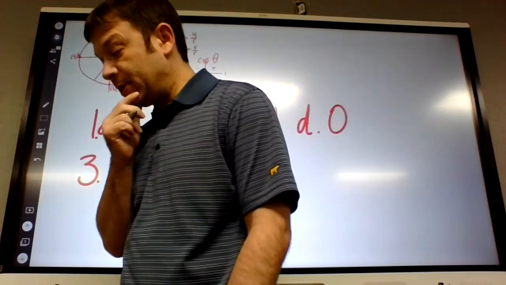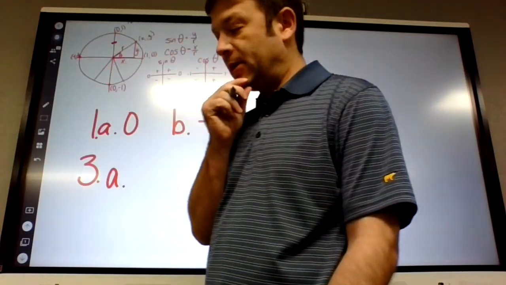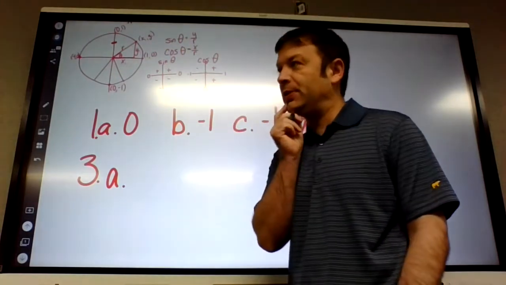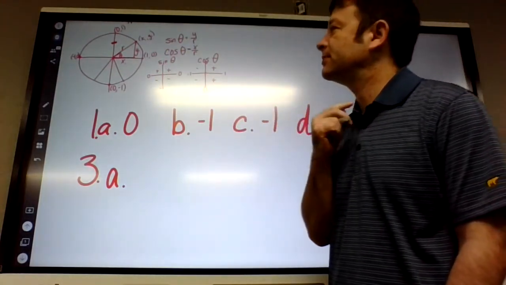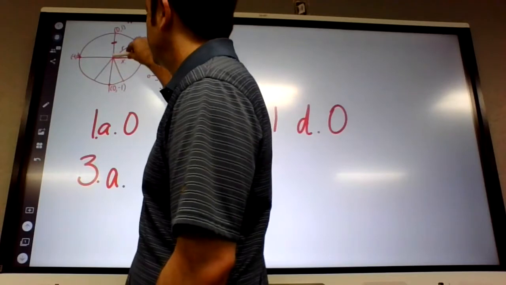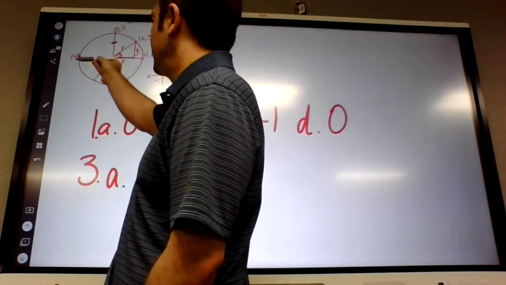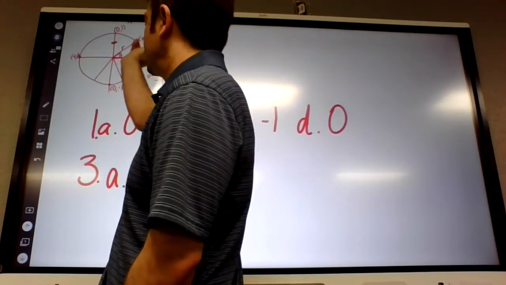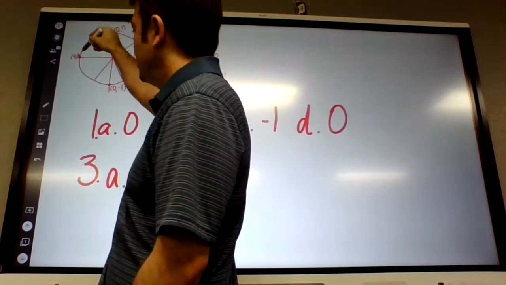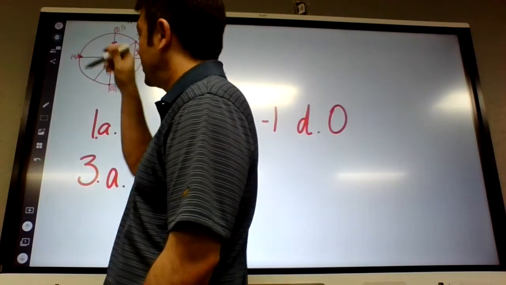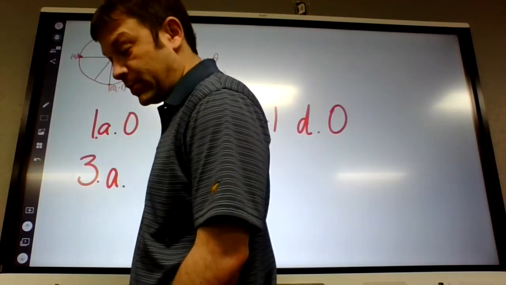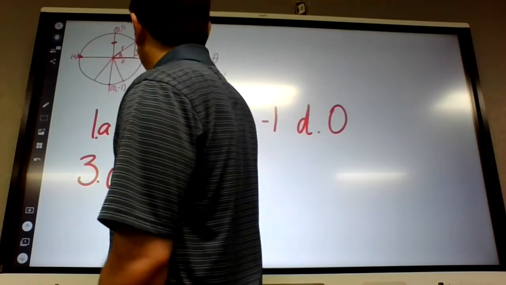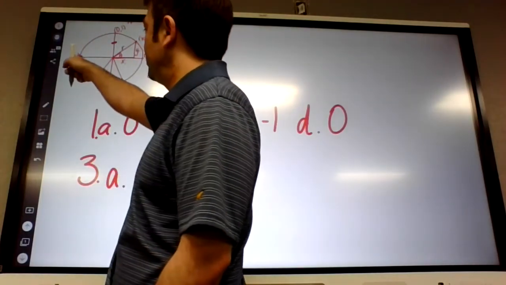Okay, number 3. Sine of -pi. So we're switching to radians. Where would -pi be at? -180, which is the same place as 180 because they both go half a rotation. So anyway, it's the same thing as sine of 180. Sine is based on the y value, and the y value is